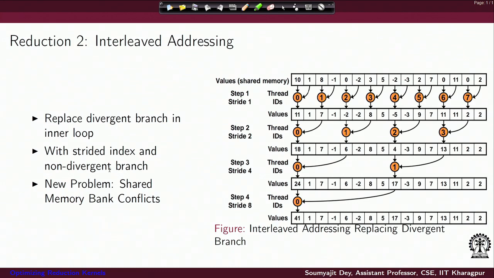The first thing we do as part of optimization 2, in this case reduction 2, is that you make consecutive threads do the addition. If you remember the earlier picture, the thread IDs were 0, 2, 4 like that, but we do some program transformation and make consecutive threads take care of the addition.